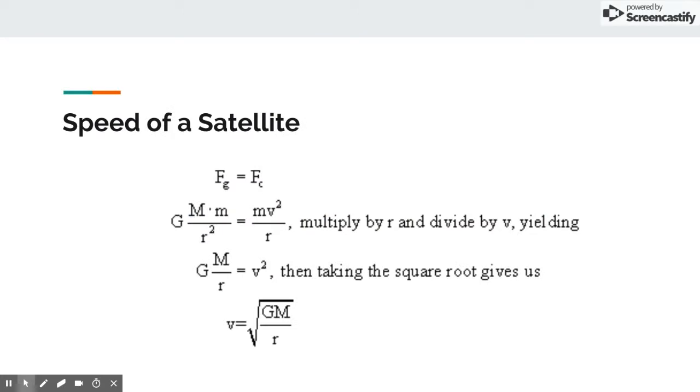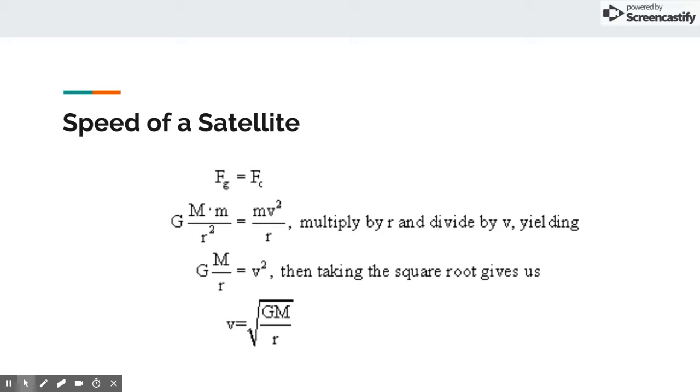Before we dive into finding the period, it is important to know how to find the speed of a satellite. Since we assume our satellites move in a circular orbit, we are able to apply the physics of circular motion. The difference is that gravity will be providing this centripetal force. In these equations, big G is the gravitational constant, big M is the mass of the planet or moon, the little m is the mass of the satellite,